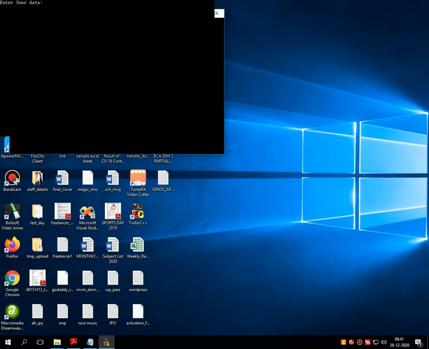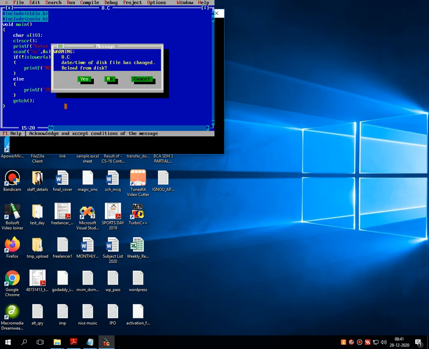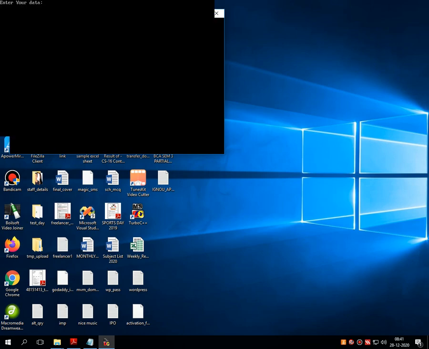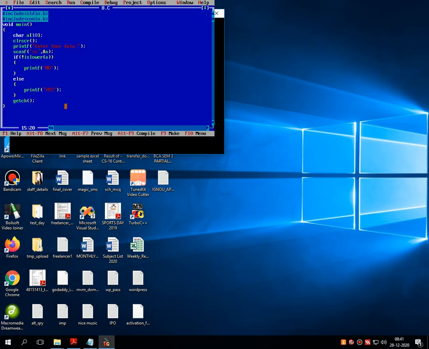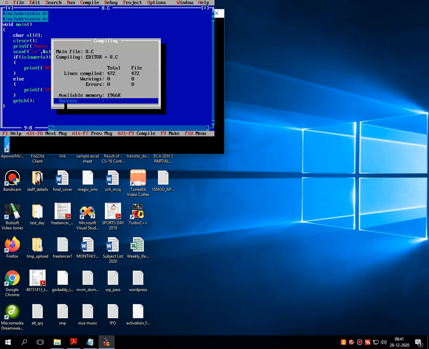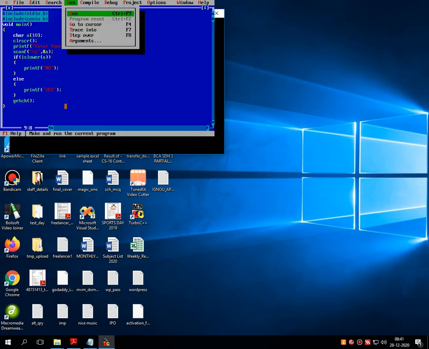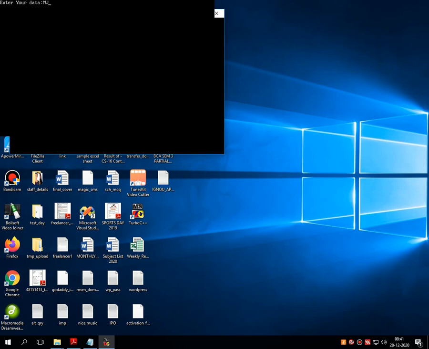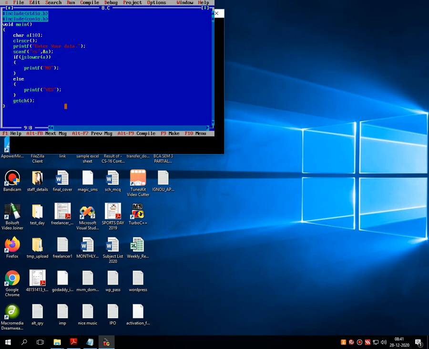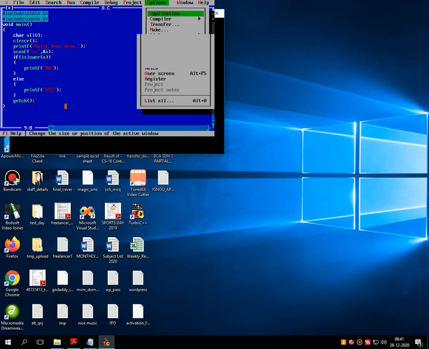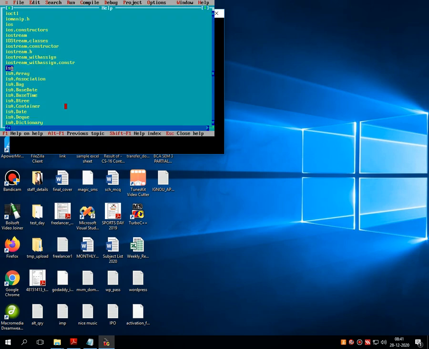Let me enter lowercase. It returns no. Let me enter uppercase. Even it returns no. Okay, remove this no. Then let's check. We enter small, it returns yes. Then let me enter capital. Not working. Islower.